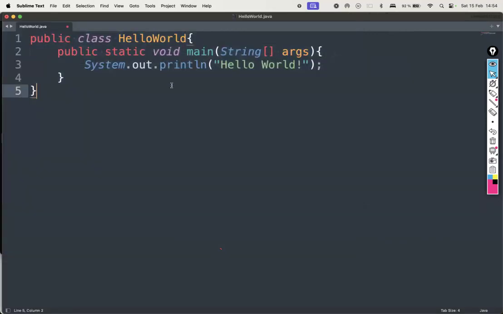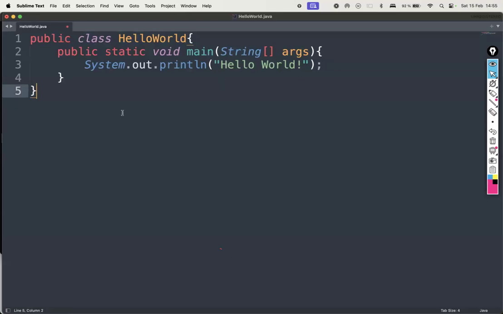And as I mentioned earlier, you don't know why we used public, you don't know why we used this class keyword, and you don't know why we used void and what the String brackets mean and what args means. All you know is this print hello world. This is the only thing that we can understand. We don't know what this System is, what this out is. That's what scaffolding means. You don't have to know all these things just to write the hello world program. You just have to understand that this is what it takes to write a hello world program.